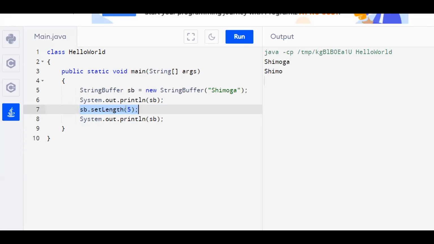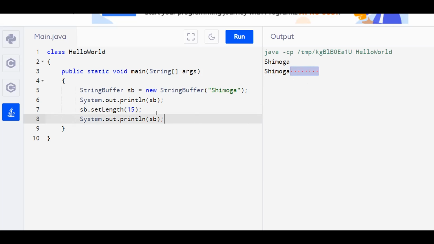Those characters are lost. Now if we increase it to 15, let us see what the output is. You can observe here it prints the string and then it is appending the null characters. So you can see the dots over there.